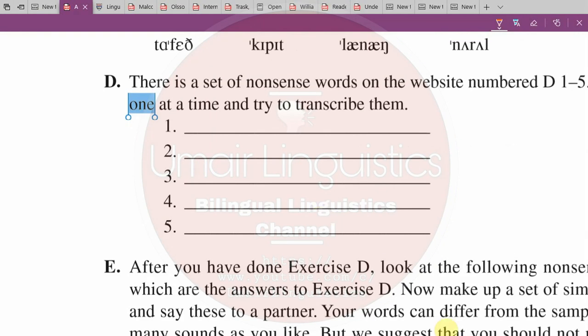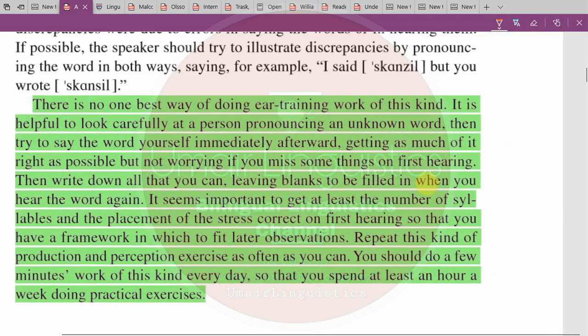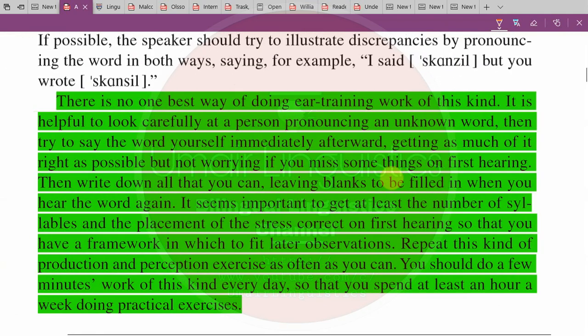We are actually practicing our skills of phonemic symbols. So this is a very important instruction. There is no best way of doing ear training work of this kind. By transcribing nonsense words and comparing with a partner, it is helpful to look carefully at a person. Another thing: the more you listen, and the more carefully you listen, then try to say the same word immediately